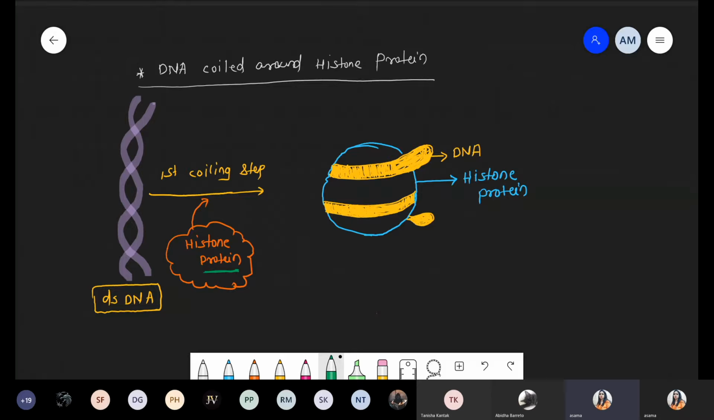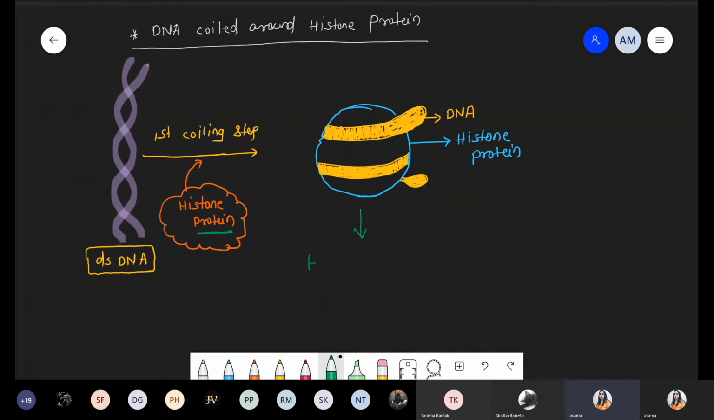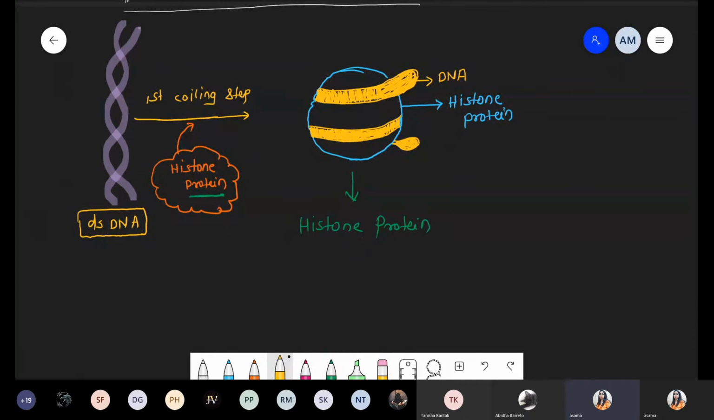So now we are talking about some information about this diagram. Such type of protein is histone protein. So there is an entry of histone protein. But which type of histone protein is involved? Because we discussed a total of 5 types of histone protein: H1, H2A, H2B, H3 and H4. So during that first coiling, the histone proteins present are, first of all, H2A,